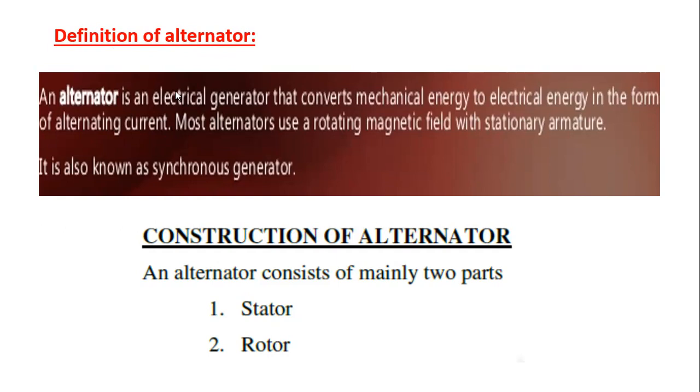In the first unit, we studied the DC generator and the DC motor. What is meant by a DC generator? In daily life also we see DC generators. What is the main usage of these generators? When the power is cut off, we switch on the generator. When we give petrol or diesel as input, the generator converts it into electrical energy. That is, it converts mechanical energy to electrical energy.